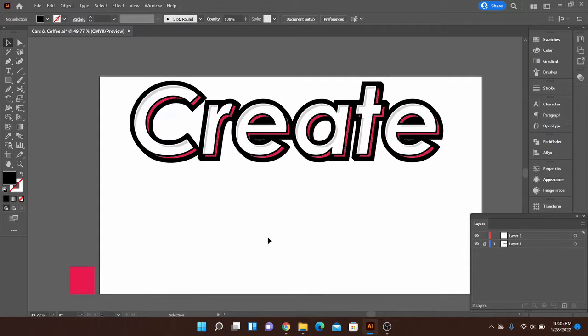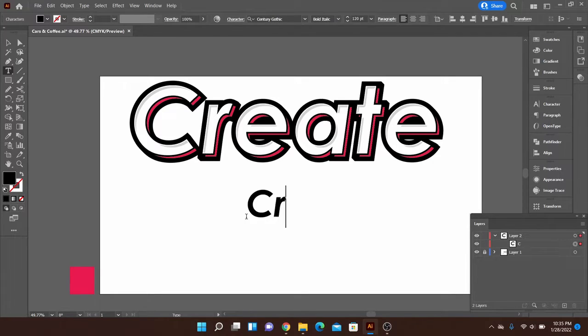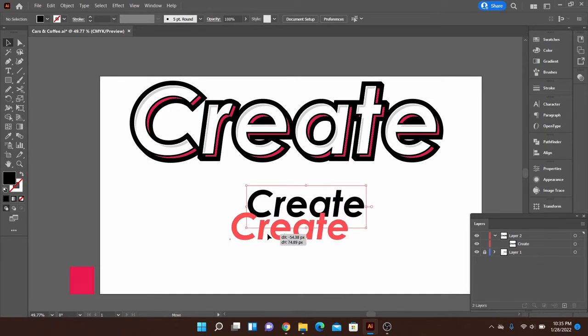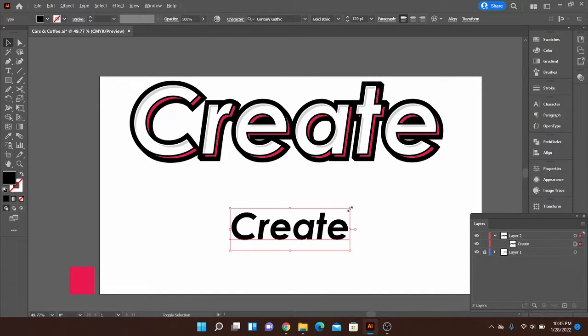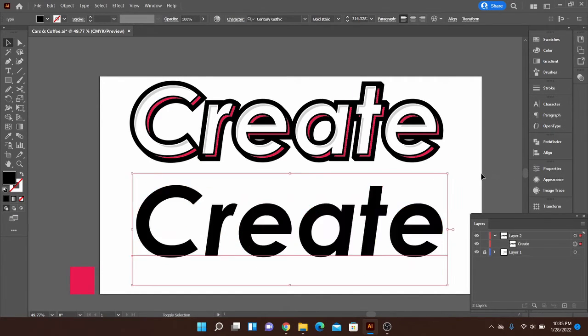So to start, let's go ahead and create our text by hitting T on the keyboard to activate the typing tool. Then type whatever it is you want to say. Then we're going to go ahead and scale it up. I'm going to hold Shift and Alt while I click and drag to get it to be uniform. Then once I have it scaled up to where I want it to be, I'm going to right click to